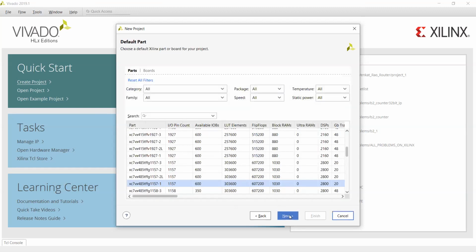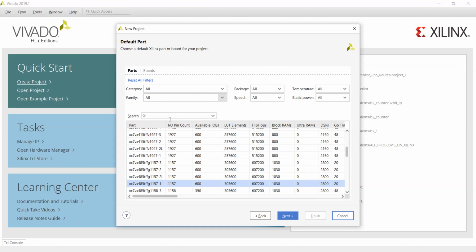Here I want to target some default part. The part they are asking about is nothing but your technology. Here, so many factors you want to consider: category, family, package, speed, even static power and temperature.